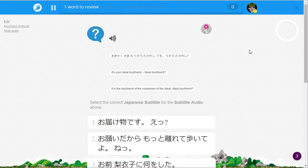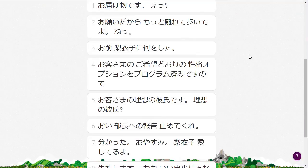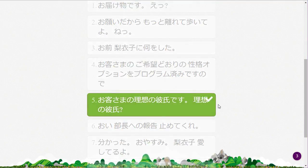マネキンみたいな。 お客様の理想の彼氏です。 お客様の理想の彼氏。お客様の理想の彼氏です。理想の彼氏